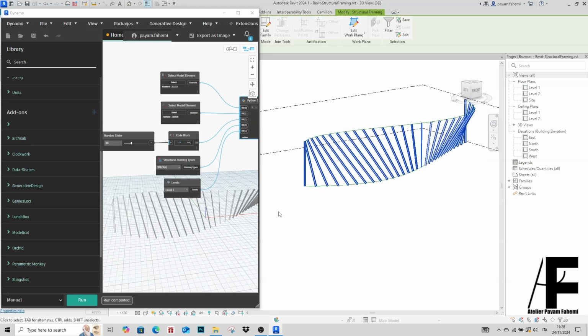So this workflow can be applied to other elements inside Revit, which can be created within the two curves using the creating method with curve. I hope you enjoyed this